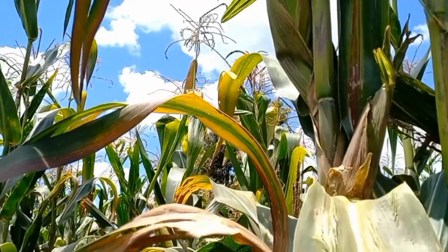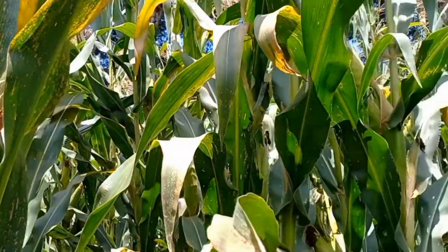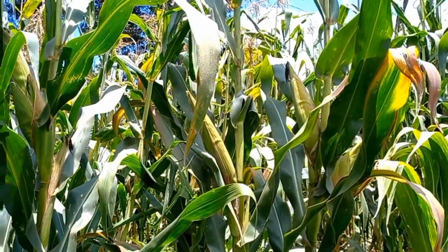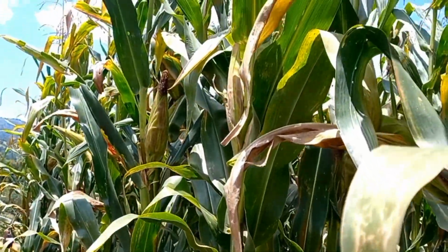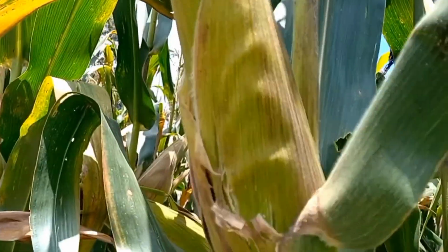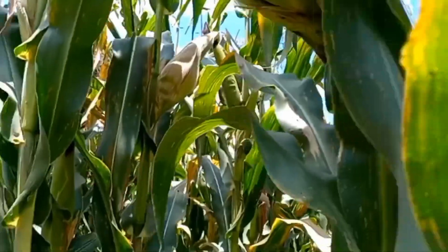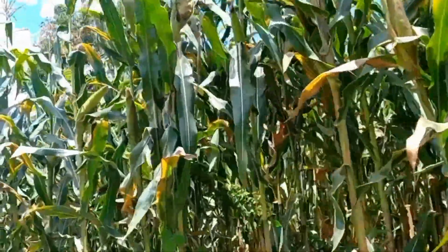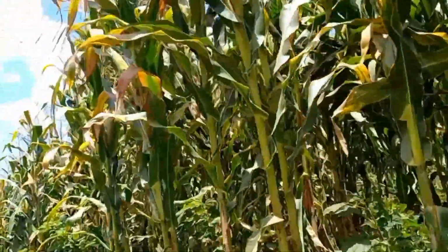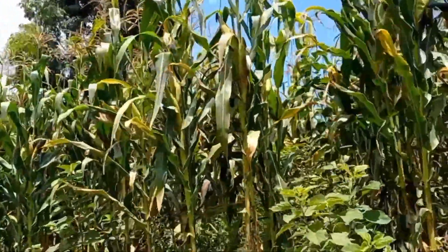his maize. So what they did, they actually did zero tillage. That means they sprayed the farm using herbicide to kill weeds, and then they did furrowing. So they made furrows using a tractor, and then after making furrows, they placed the manure within the furrows. And then they left it for 2 weeks before they started